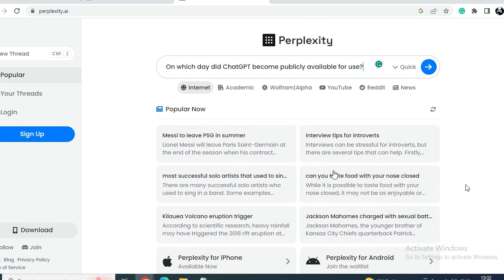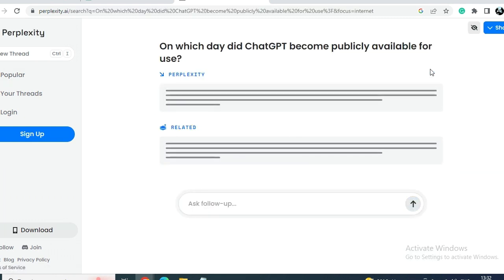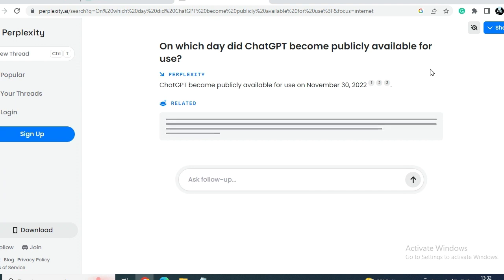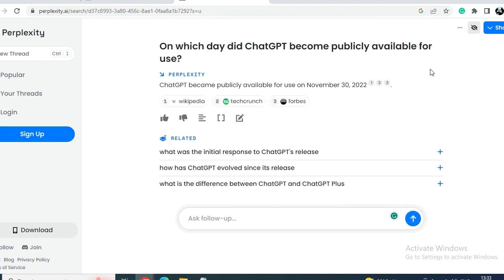Now let's search the answer and see what we are getting. You can see here we are getting the exact date, the current data. So what we understand here is, if we really need something to research, then ChatGPT is not able to give us data after 2021 because it is not trained on it.